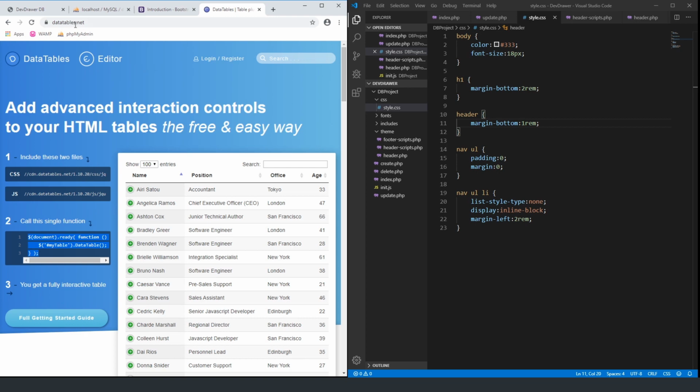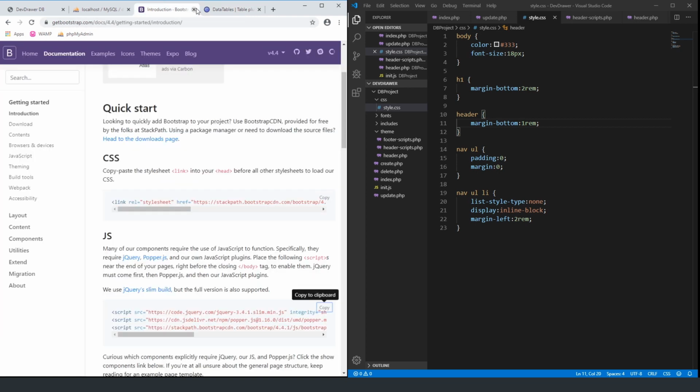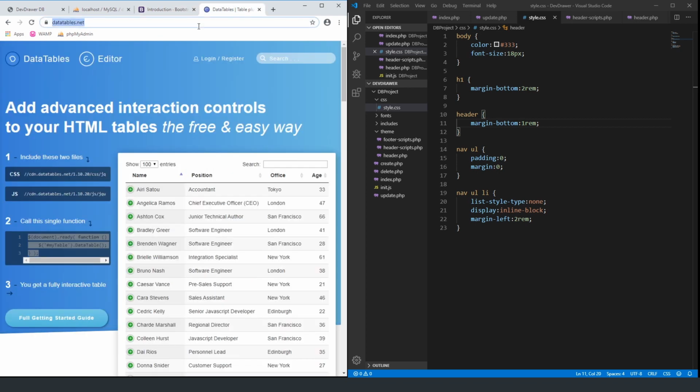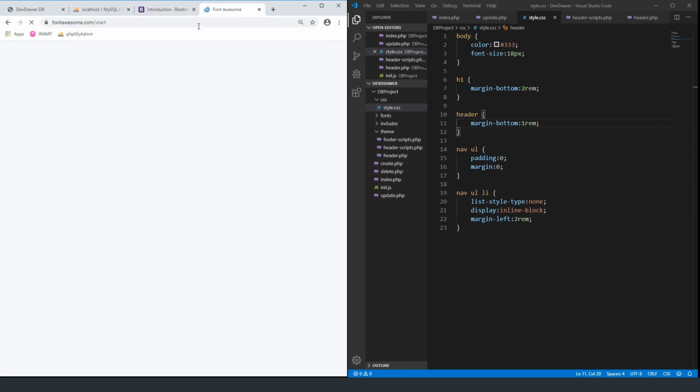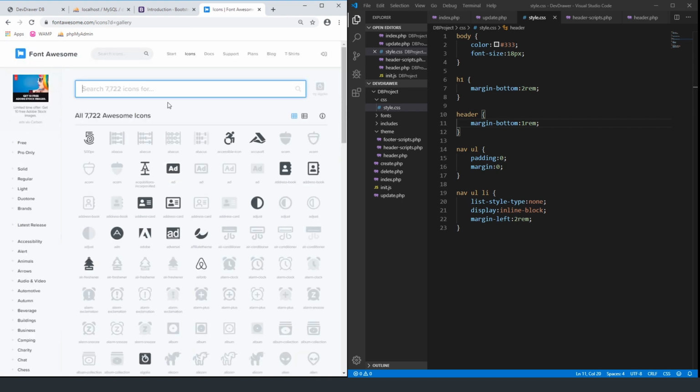So let's open up, we already got our data tables, we don't need that. We got our Bootstrap for now, we don't need this either. So let's go to FontAwesome, and then we're going to browse the icons. So let's look at the icons here. So we have a few different icons. So for the